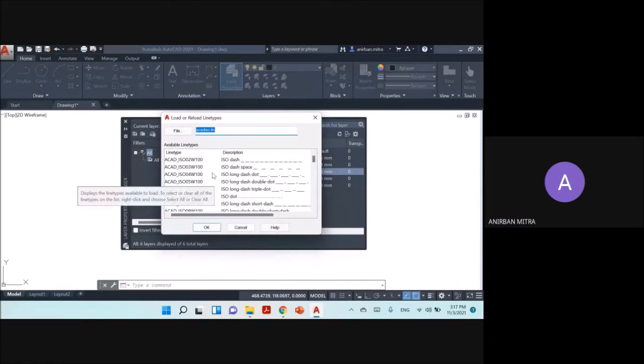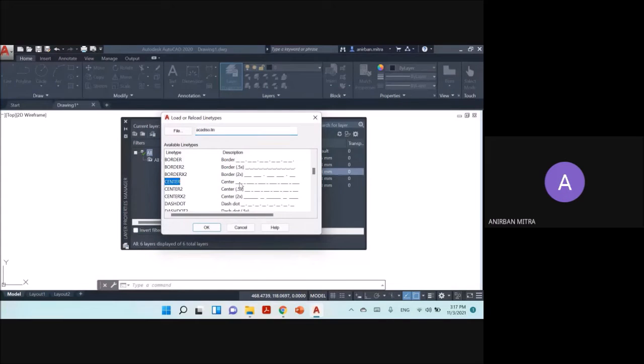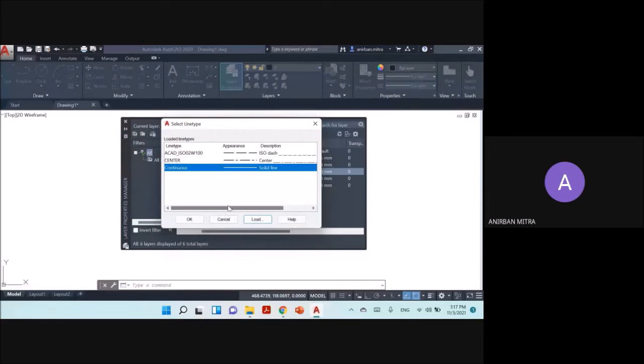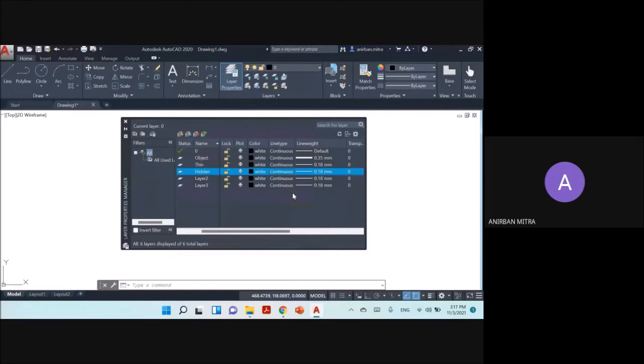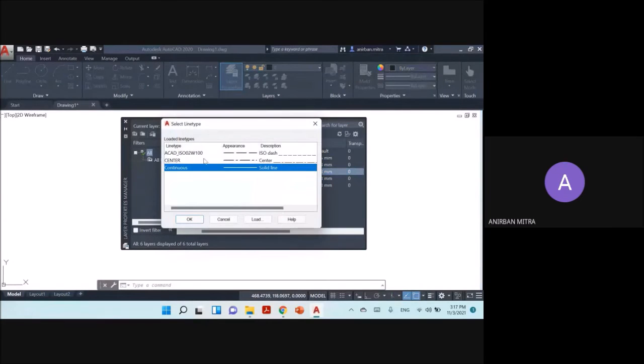So again, click on the load button, go here, and you have the center line over here. So press OK. So you have the center line now. If I press OK, then those are now brought into the loaded line types.